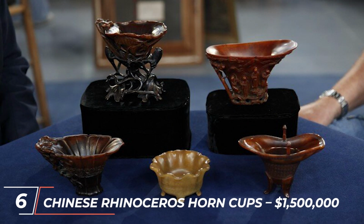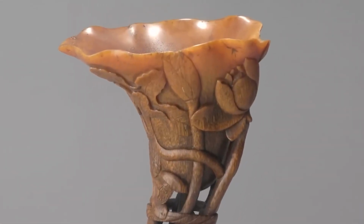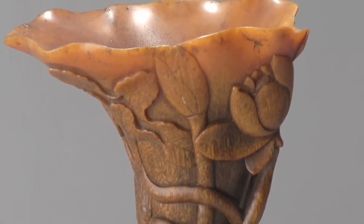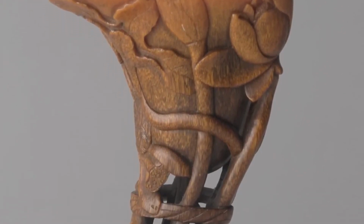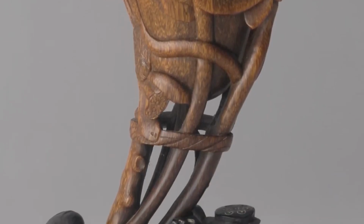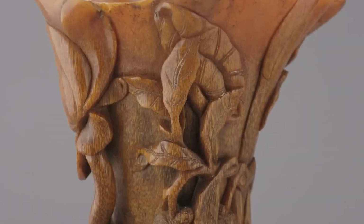Number 6, Chinese rhinoceros horn cups. $1,500,000. When Antiques Roadshow stopped in Tulsa, Oklahoma in 2011, one gentleman brought perhaps the show's most exotic treasure, a set of intricately carved rhino horn libation cups from the 17th to 18th century. He had collected them over years for a few $1,000s each and had no idea he was sitting on a